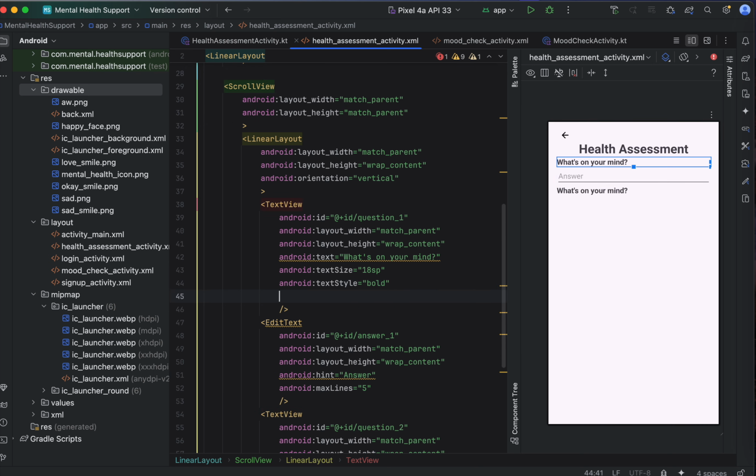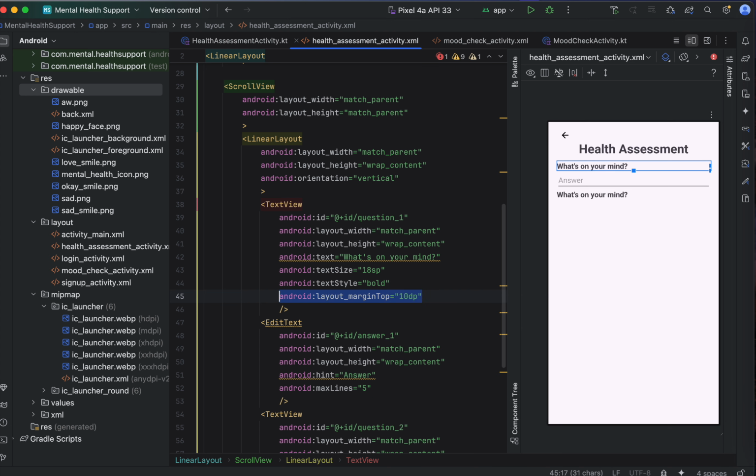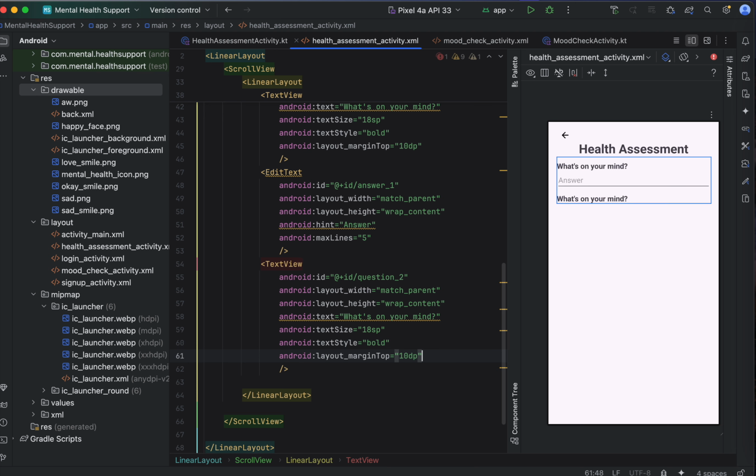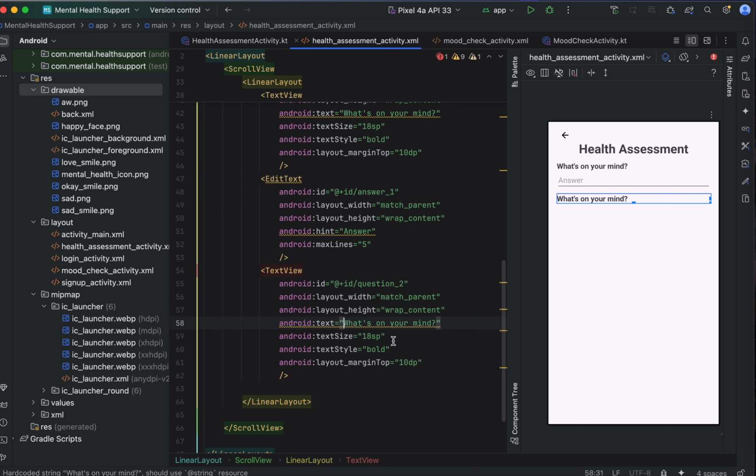So I'm giving margin top 10 dp. Same margin top I'm giving here, 10 dp. So I will have this one, and for answers I'm going to copy and paste. We can give like, you had a great day, we'll ask this one. Okay, you had a great day, we'll ask. And here we can give like